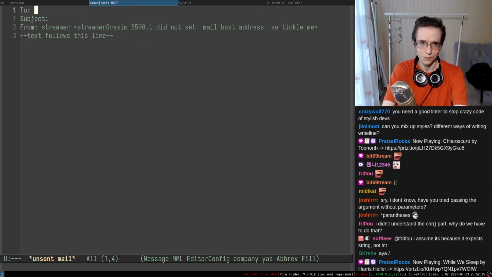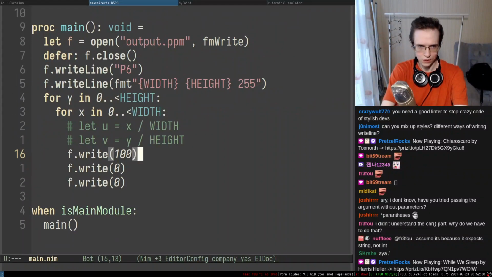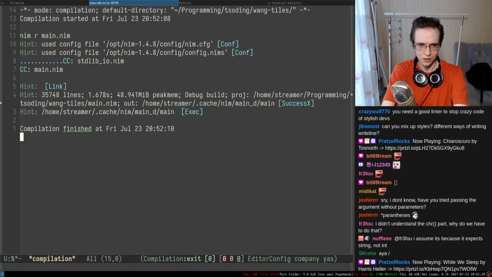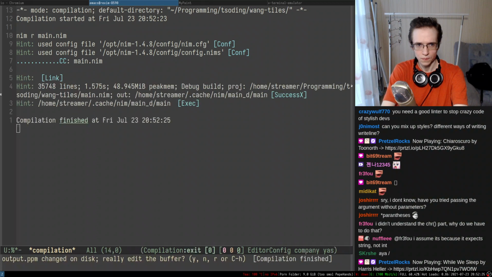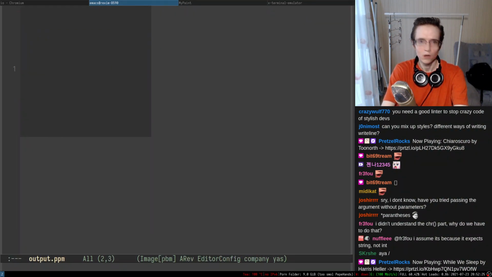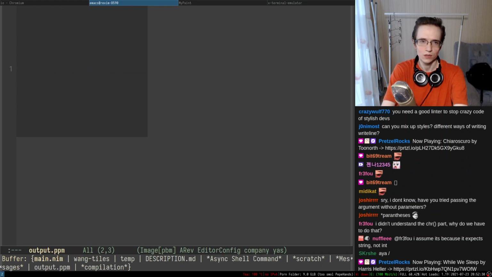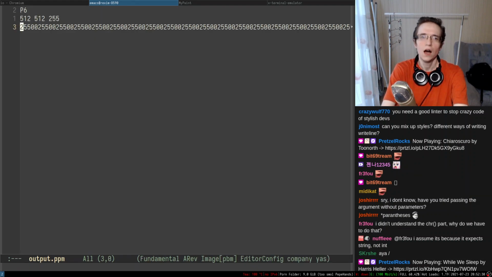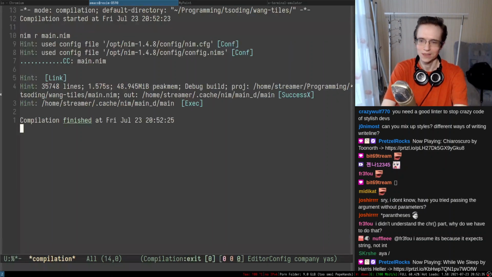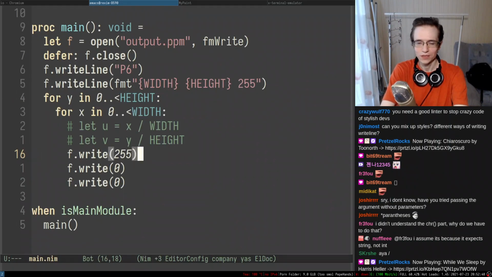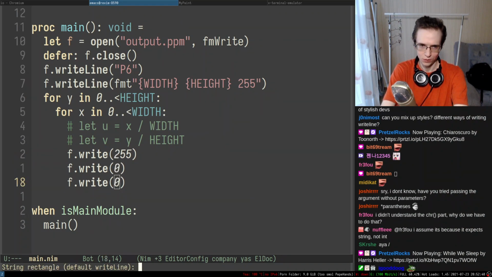Let's actually try to set the 255 and see if it actually will work. So this is going to be output ppm, and no, it doesn't work. So you cannot use just integer in here. I think, oh yeah, it actually printed it as an integer, you know, in ASCII, right? Because we want to print a single byte. That's why we want to do that.